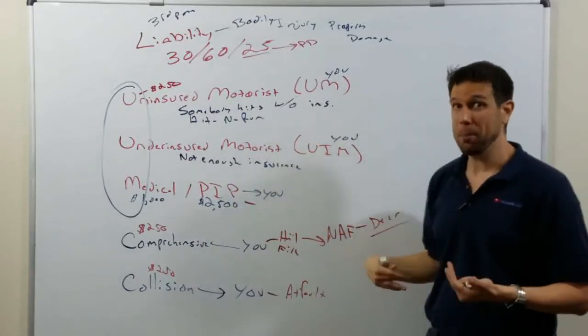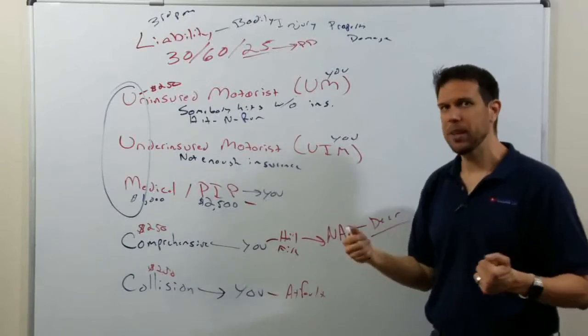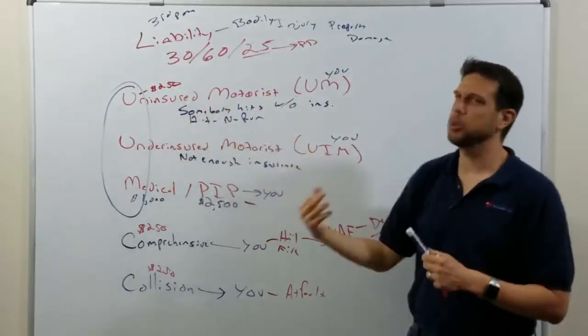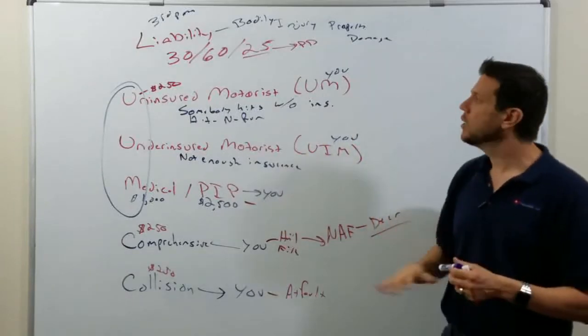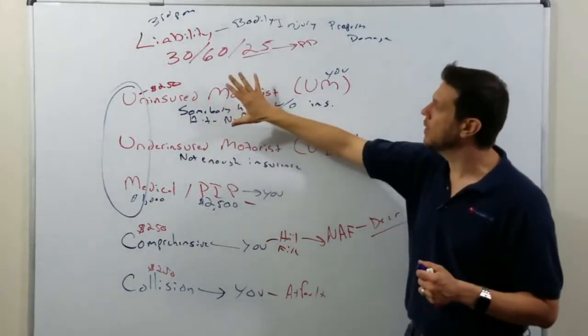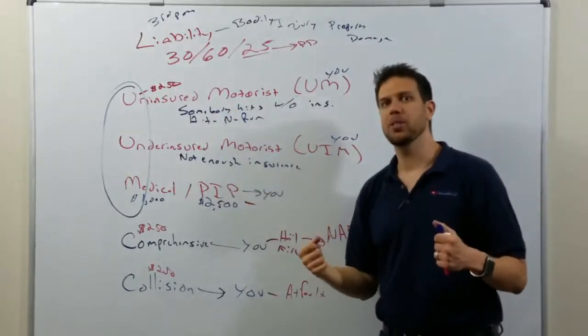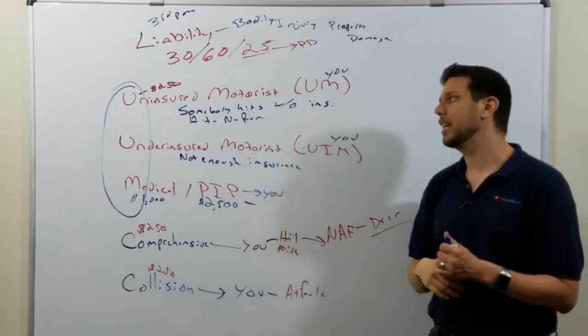Let's say you're riding a bike to work instead of driving. Somebody hits you on the bike. This portion of your policy also covers your medical bills. So it's really cool that your auto insurance not only covers you if you're in the car, but also covers you if you're hit by a car in any scenario.